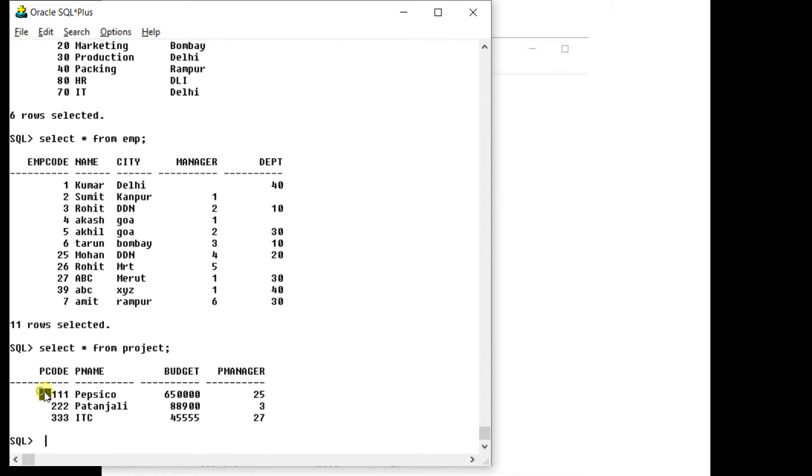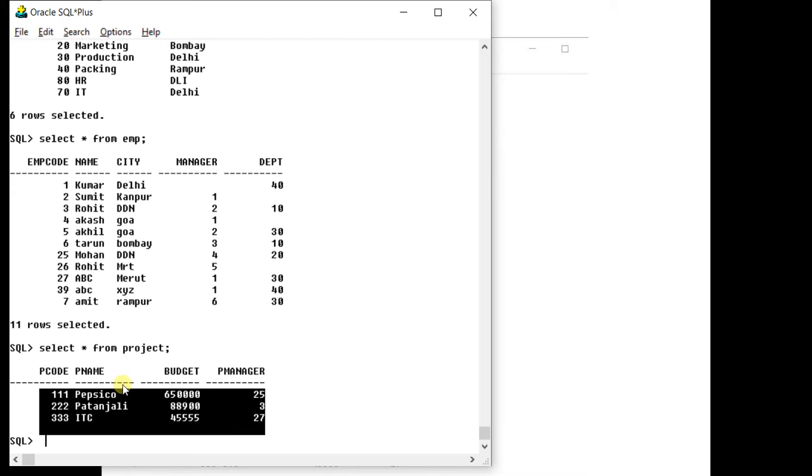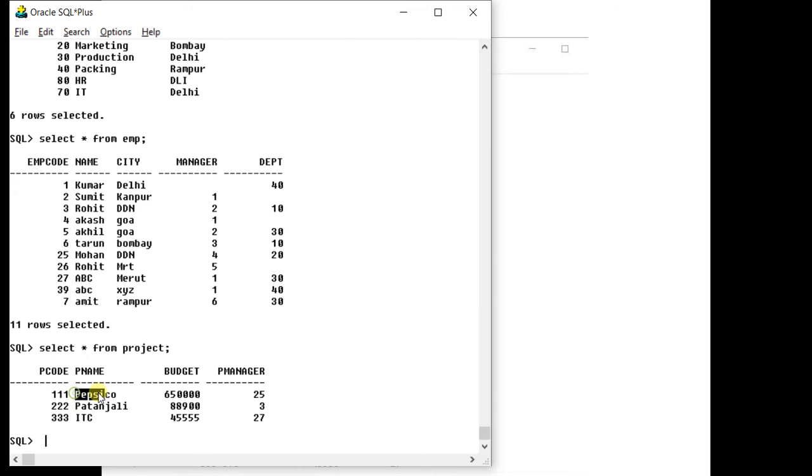As you can see, the company has a number of projects, like the project of PepsiCo, project of Patanjali, project of ITC, and they are managed by some employee. So I have taken employee code as P manager. Don't confuse this P manager with this manager.